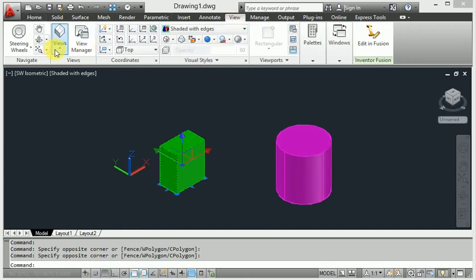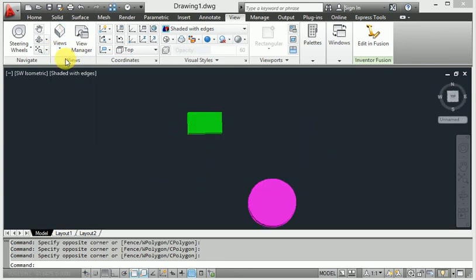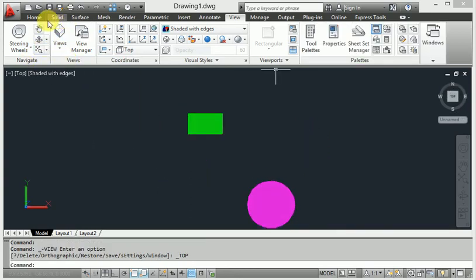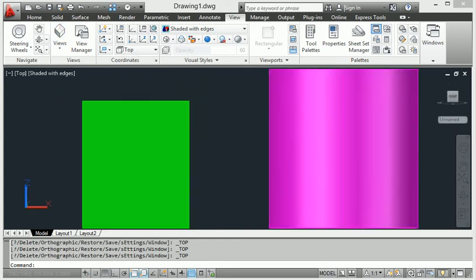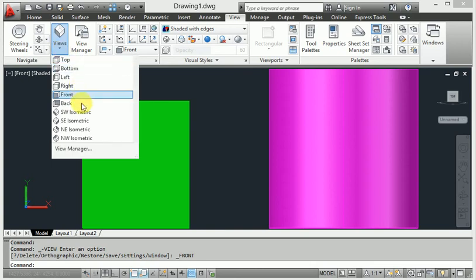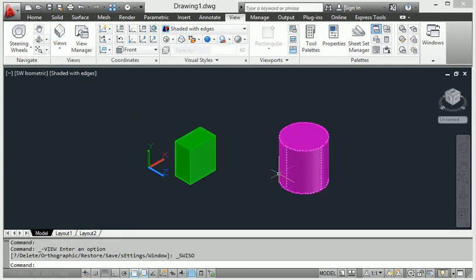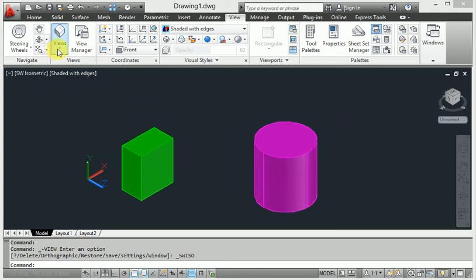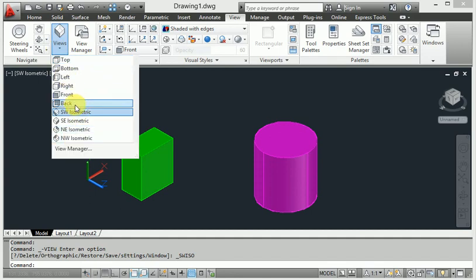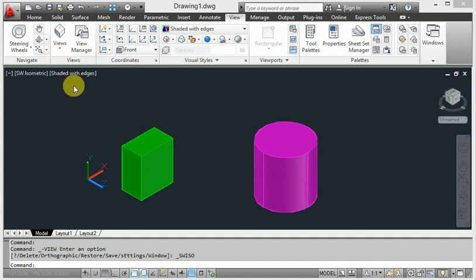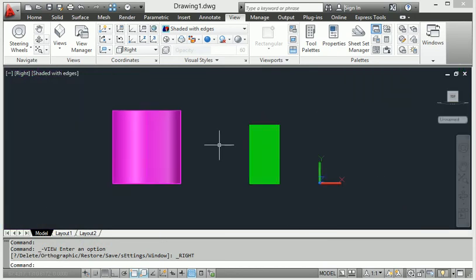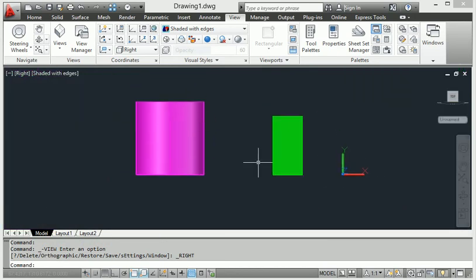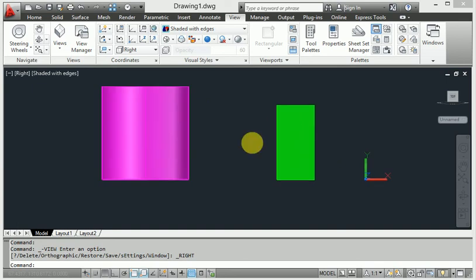And I move on to show you the view presentation, view orientation. When I go to the view and show you the top view like that, and I get the front view, this is called front view. When I also get the isometric view, this is called isometric view. So it is very easy to create any object in AutoCAD 3D modeling. Here we can see the different views. I want the right view, so this is called right view.